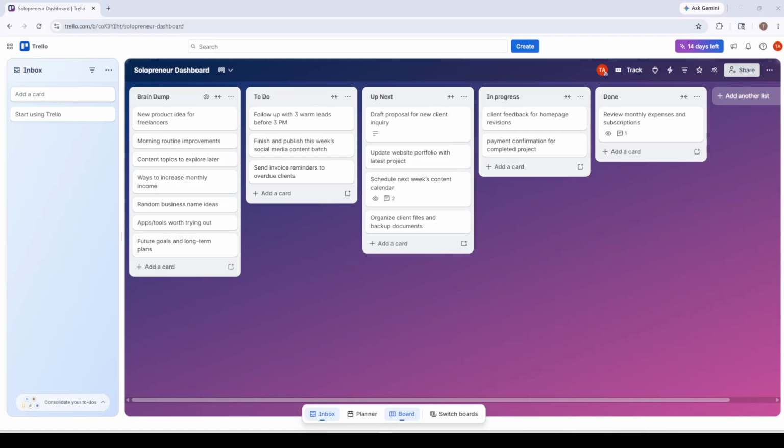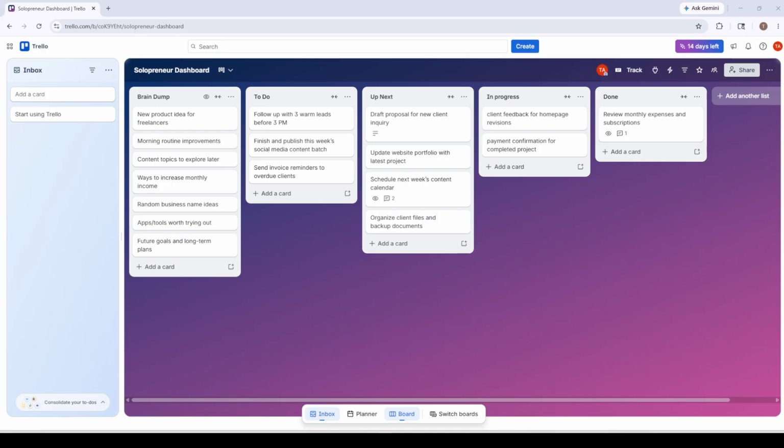In today's video, I'm going to teach you how to set up a high-impact Trello workflow for your business. Whether you're opening Trello for the first time or tightening up your current system, I'll walk you through a clear, repeatable process that keeps everything moving smoothly, from idea to done. We'll start with a simple Kanban flow, which moves tasks from left to right, so you can literally see progress